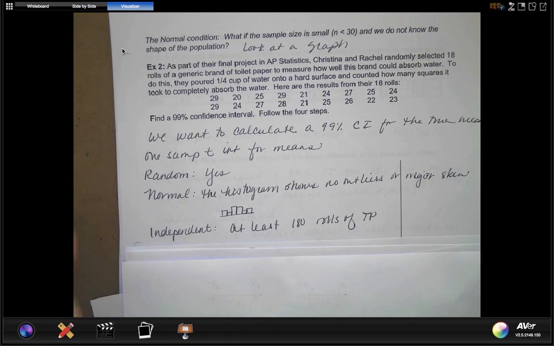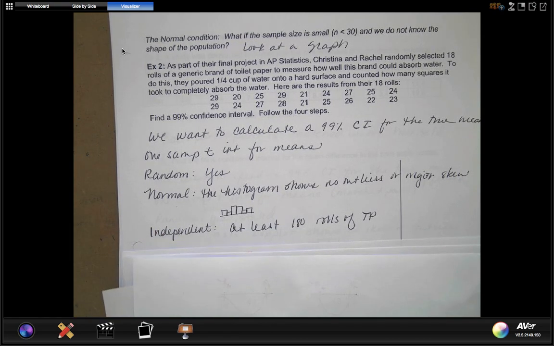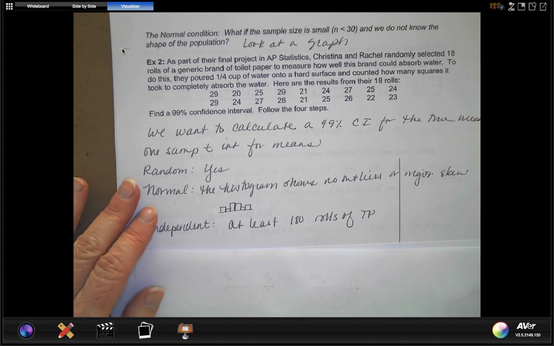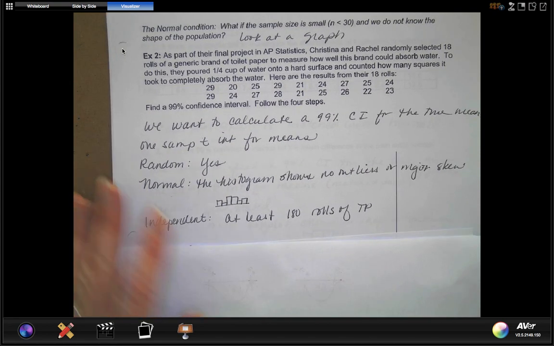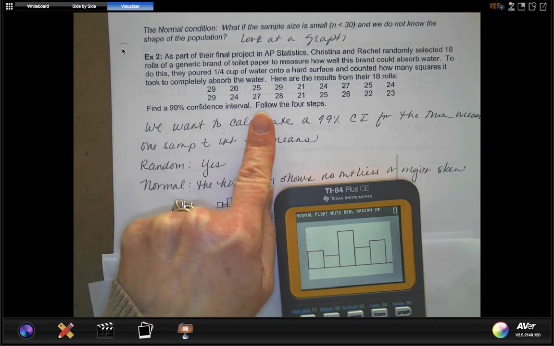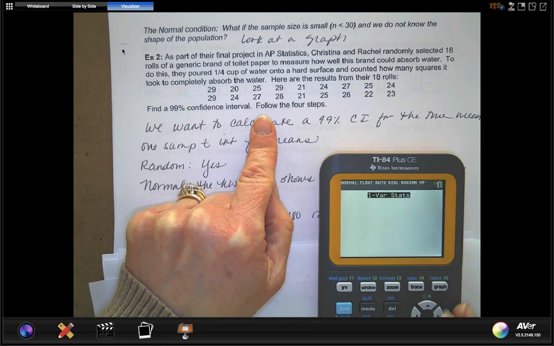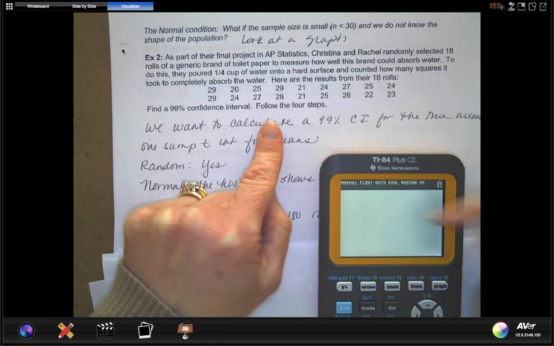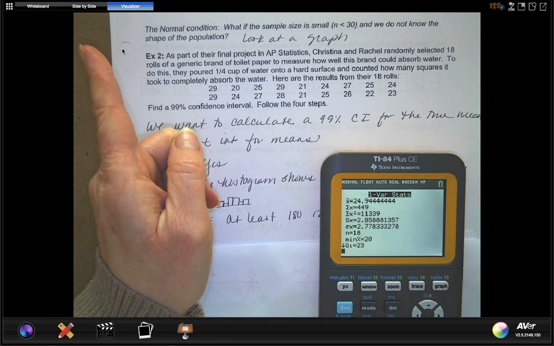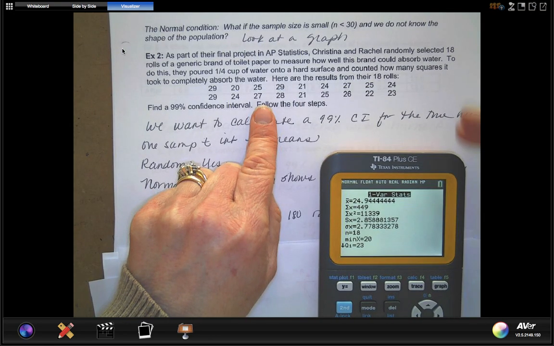So I know, I'm not assuming, I know that there's at least 180 rolls of toilet paper out there in the world. All right. To do this on the calculator, if you want to use the formula, you're going to have to go to StatCalc, one of our stats, and get your summary stats. And then you'd have to find your t-star for the 99% with the 17 degrees of freedom. You can also use,